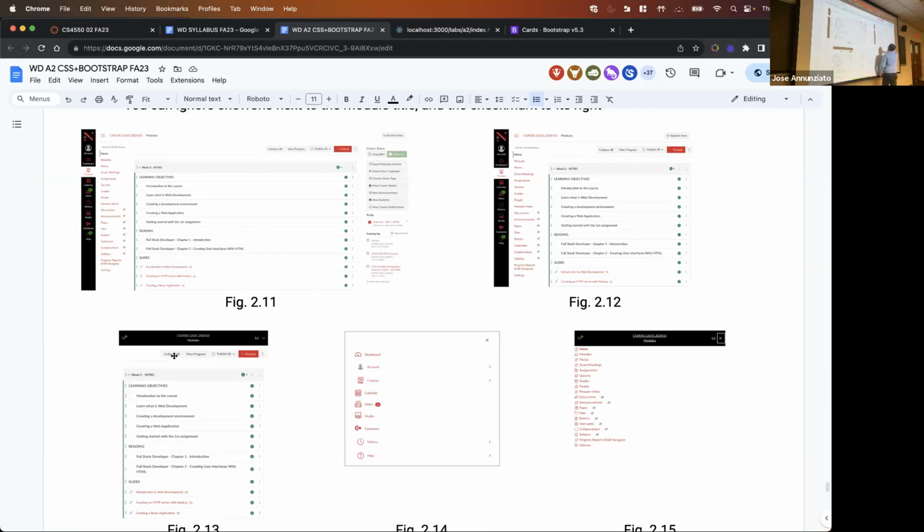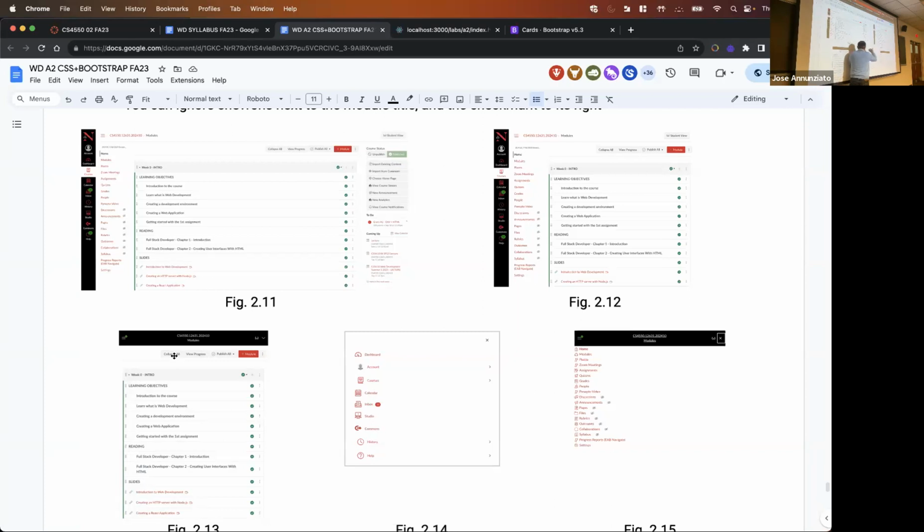You can't see it. As it becomes narrower and narrower, we sacrifice the first 2. The first 2 columns go away, so that we can take up the rest of the screen like that. Now, we still have to be able to navigate though, right? We still have to be able to navigate to different portions. So what we do is we're going to hide these 2, but they're now going to be available as icons up here. See that? So that if we want to navigate to the dashboard, we click, and this appears,